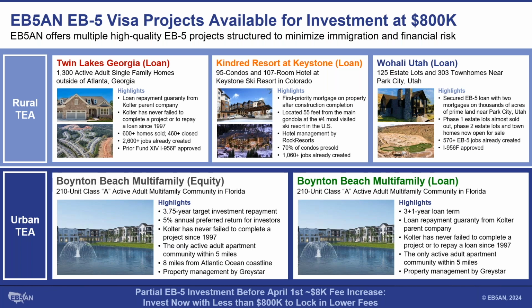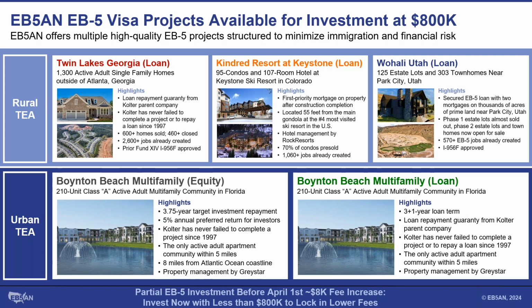One of the things that makes our EB-5 loans, in addition to the security of the funds going into the project, is providing a separate repayment guarantee from a parent holding company, which diversifies the risk of the EB-5 investment and complies with USCIS at-risk rules and requirements. And it essentially means that instead of investing in a single stock, you're basically investing in an index fund. You're diversified across a portfolio of projects that Coulter controls. And so your risk is spread out instead of being 100% concentrated in a single project, like is the case